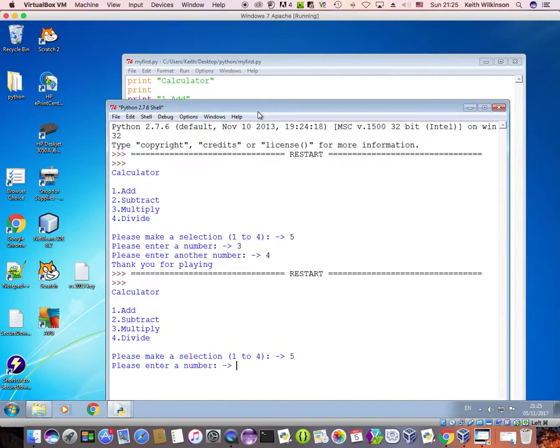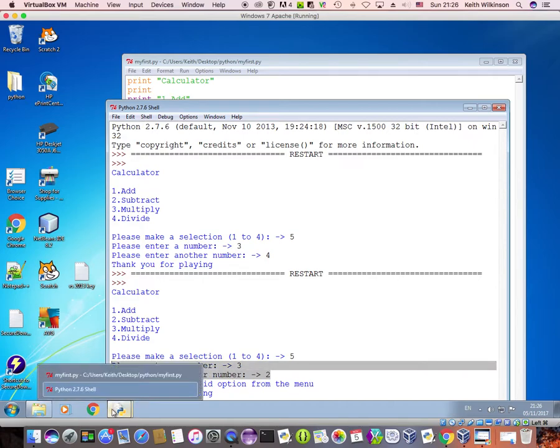Now, as we can see here, we're asking for numbers. Maybe we need to deal with that in a different place, because we're always asking for numbers, and really we've made a mistake at this point. So it would be pointless to keep asking for the numbers, because it's saying now please choose a valid option from the menu. It's not done anything with these numbers, and then it's given us our thank you for playing message. So it's all worked nicely, but I'm a little bit concerned that maybe we're asking for these numbers in the wrong place. So I'm going to change my program to handle that a little bit nicer